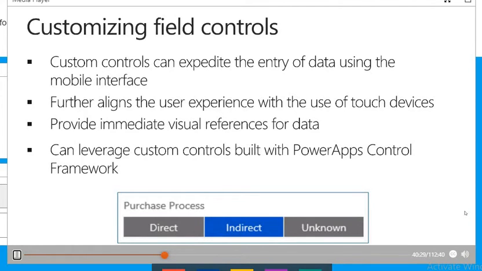So you're basically replacing that sort of manual interaction with the numpad with a more visual representation using the slider control. Now, custom controls, the idea is to expedite the entry of data using the mobile interface. Because we're working with touchscreen devices all the time, the concept is we need to provide immediate visual references to that data. So once again, instead of seeing lists of data, there's another way to interact with that data using